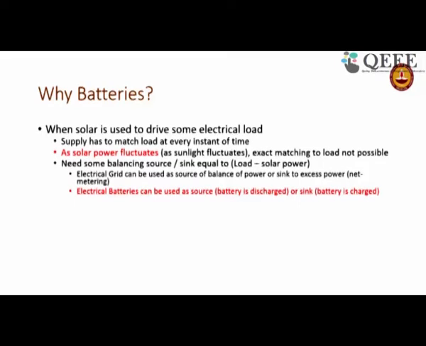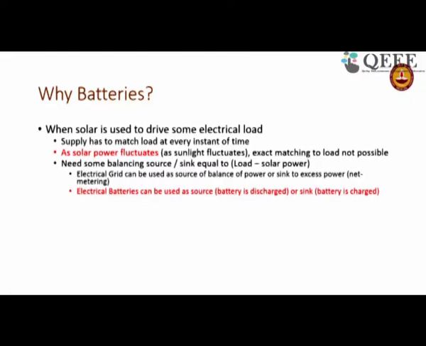So grid is a source as well as a sink. Of course, for reverse feeding, you have to worry about it, because you need to exactly synchronize it, and if there are a large number of people reverse feeding, there can be a possible problem. But at least the grid is a large source or large sink. It can take care of small variation. If you are putting a 500 watt panel and it reduces a bit or increases a bit,